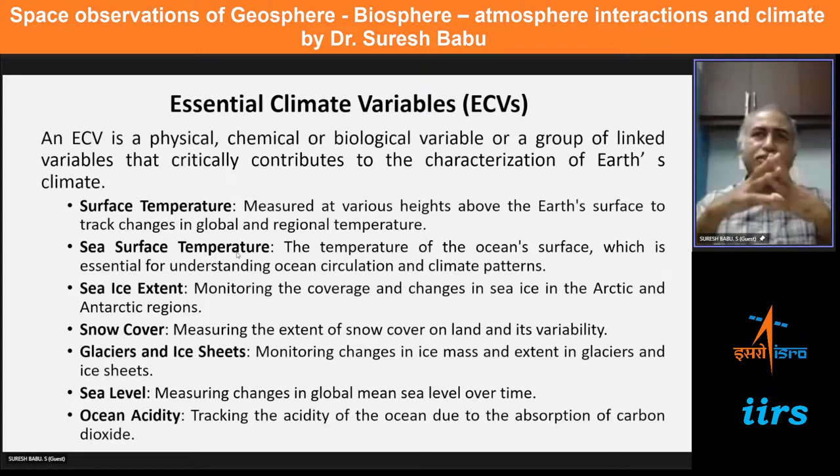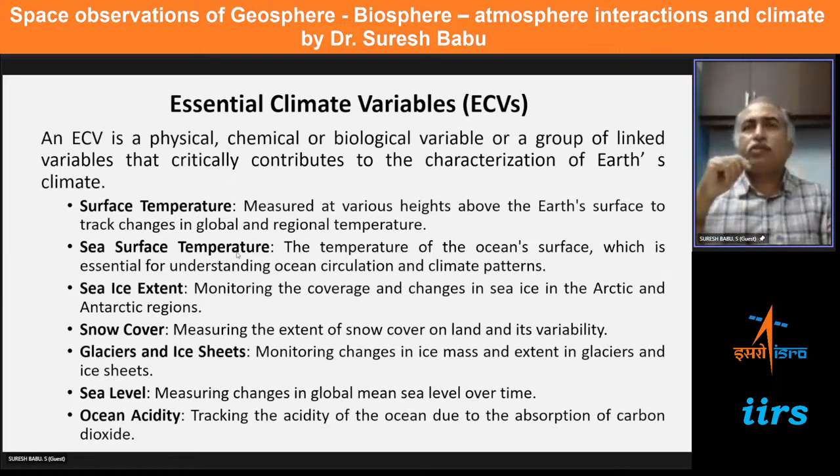So space-based observations are the best way of looking at it in a global way as well as in a regional way. And if you look at some of the most important essential climate variables, which I will discuss here, the first one probably will be the surface temperature, which we are worried about. We have long-term measurements of surface temperature now, which show an increasing trend. We all know that, which we call global warming. And surface temperature monitoring in a global way is very important. So this has to be measured at various altitudes from the surface